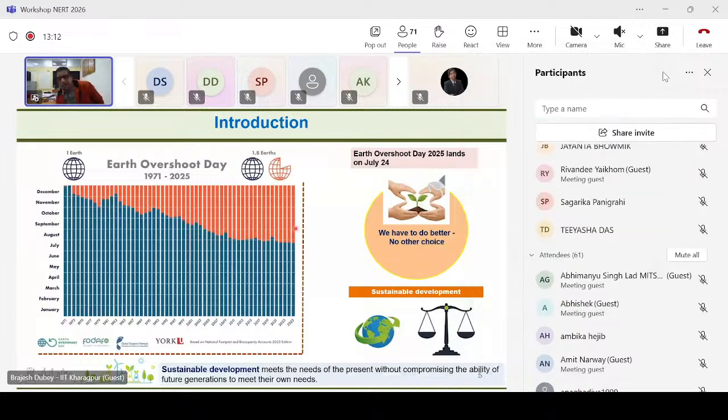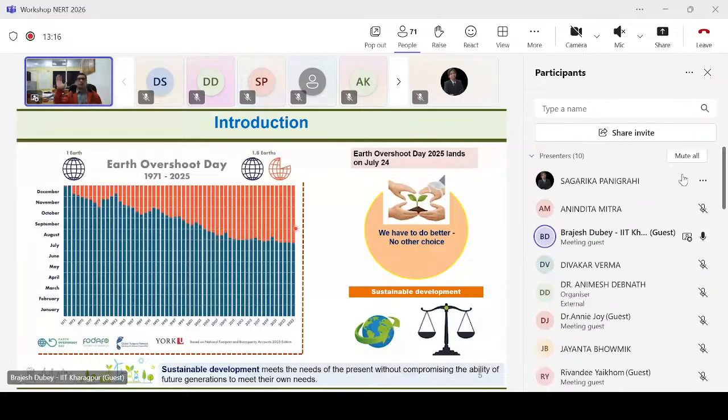So that means that of whatever resources are provided by nature for that particular year, we are using it up by July 24. For the rest, we have to borrow from resources. We borrow from our reserves, from the savings that we have made for the future. If you do it for one year, maybe okay, but do it year after year and you are becoming resource-wise bankrupt. The way we live today on this planet, we need 1.8 planets.